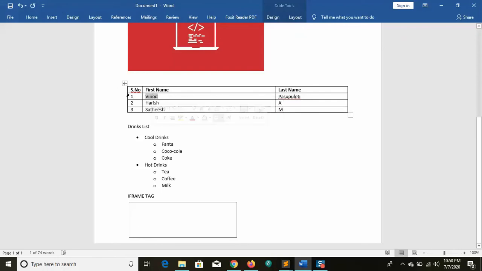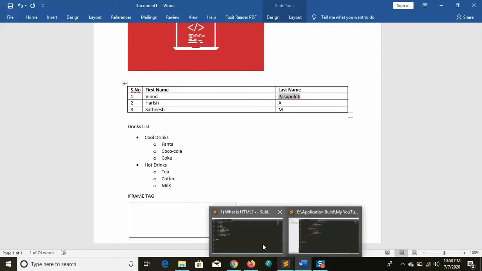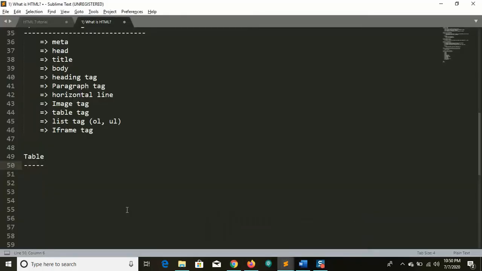Let me take this row as one row. We have some data, like first name and last name. In the same way, we have some tags like this. It is a table tag. Tr is for the table row.